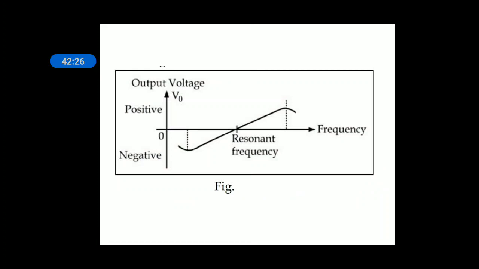This is the output characteristic of your FM Foster-Seeley discriminator, which is linear. When input frequency goes beyond the resonant frequency, here the resonant frequency is the same as the center frequency, the output also varies linearly like this. When the input frequency applied to the Foster-Seeley discriminator is less than the resonant frequency, the output voltage changes linearly in the negative direction to a certain extent. And this dotted portion indicates the range in which the FSD is operated. Beyond this range, the FSD will not be operated because linearity deteriorates.